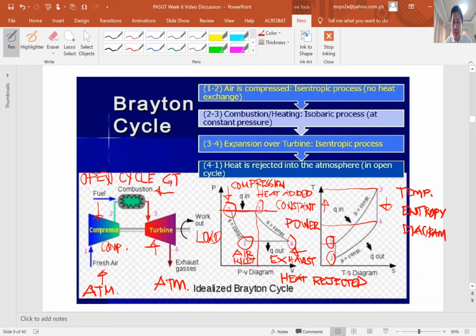So this is the combustion chamber, and this is the compressor. This is the turbine. So why is this called a closed cycle? Because there is an intercooler here,